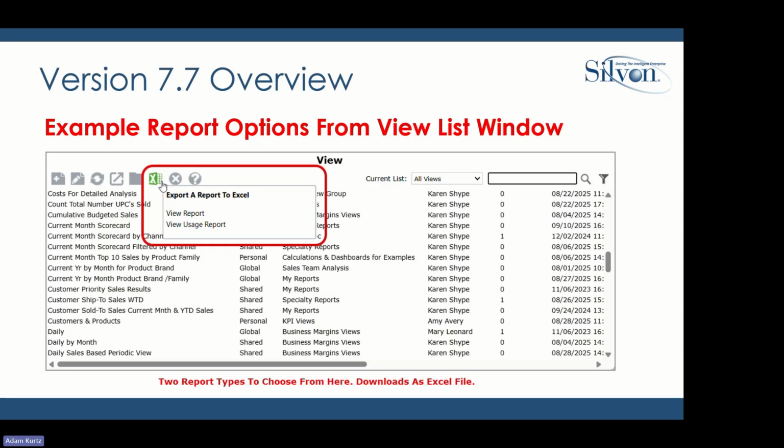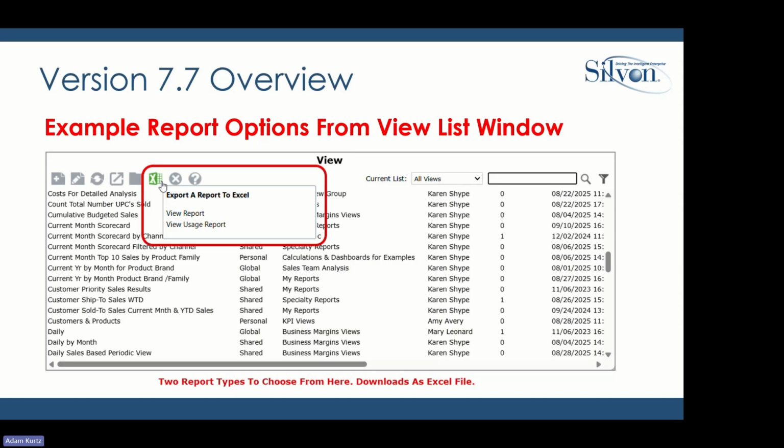Or you can dump down usage, which will actually give you data from a different table that we track the usage of the product. And so now you can dump that down and get a different spin on the data in terms of who's using what views, when, and it provides more historical data for your analytical purposes,